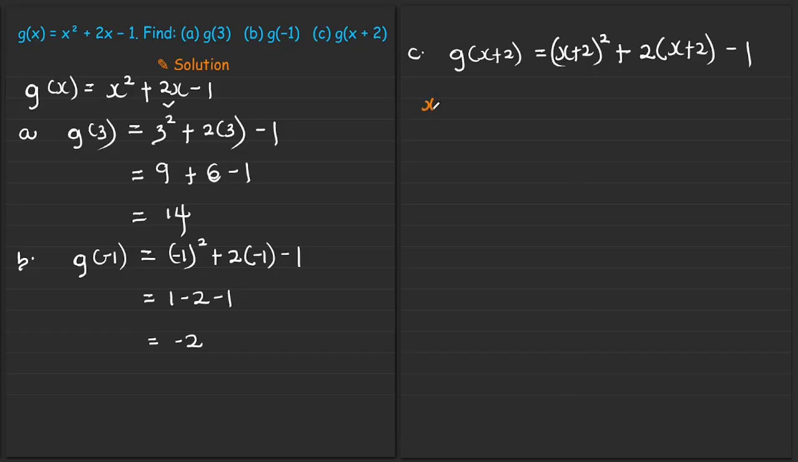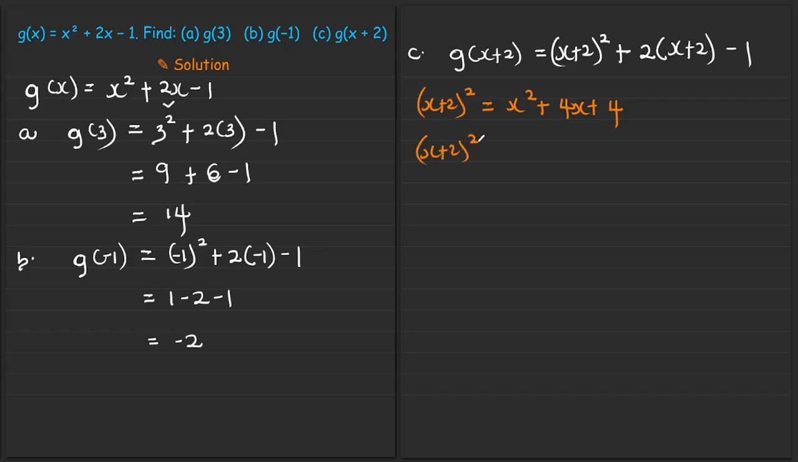So for (x + 2) all squared, you can always use the identity. It is x squared plus 4x plus 4. If you don't know this identity, then if you actually want to expand, you have x plus